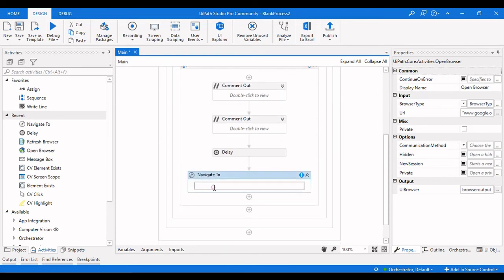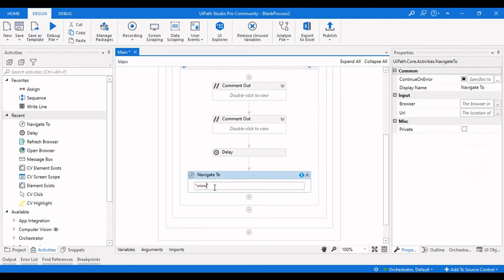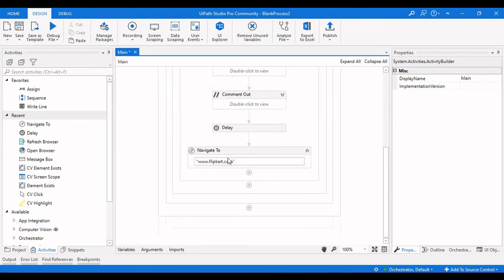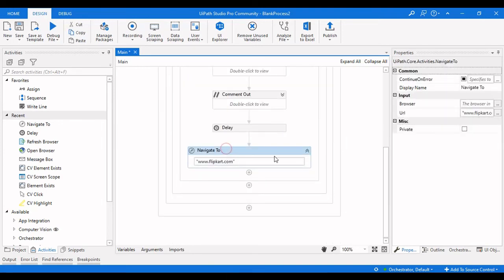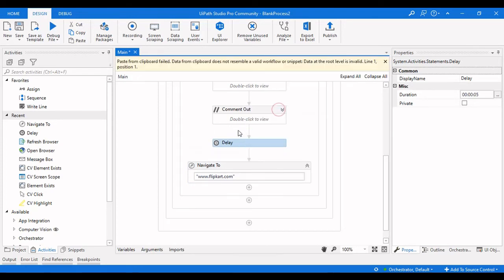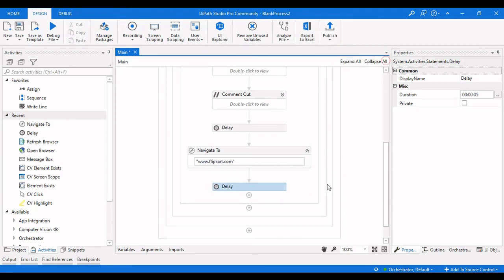Then I simply need to mention that particular URL here, flipkart.com. So first it will open Google and then it will navigate that screen to Flipkart. Let me copy this and paste this here so that we can see the differences.